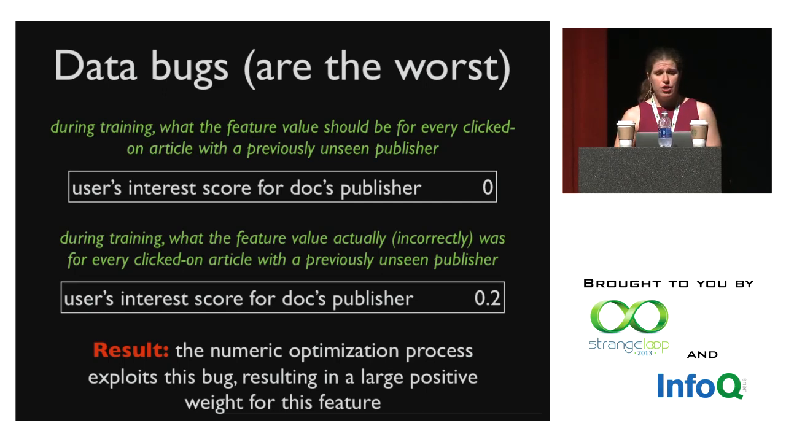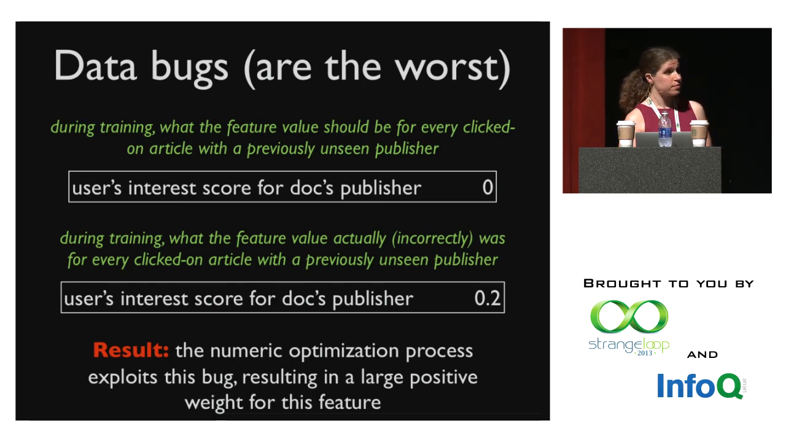At the top here, you can see what the feature value should have been in the case of a clicked-on article from a previously unseen publisher. Below that, you can see what it actually was when we were training the model. Every single document that a user had clicked on would have an interest score for that article's publisher. And as a result, the numeric optimization process was inadvertently exploiting this bug, and it learned a really high feature